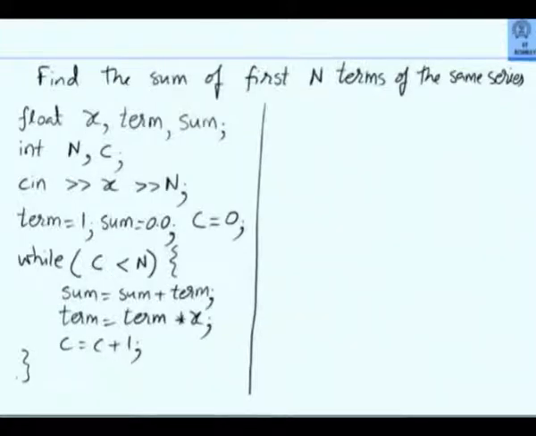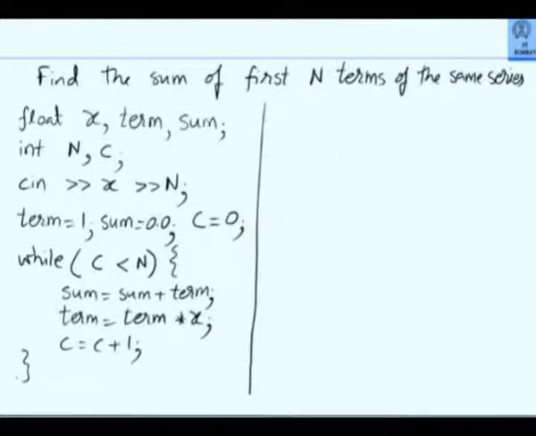Now this time you will add 1 plus x, because term would have become x. Again c becomes 2. Is c less than 3? Yes. Again third time you come inside. Term is added, 1 plus x square. Term now becomes x cube. Okay. c becomes 3. You go back. Is 3 less than 3? No. So you will come out. So it is correctly adding. The point is, you want to do it 3 times.